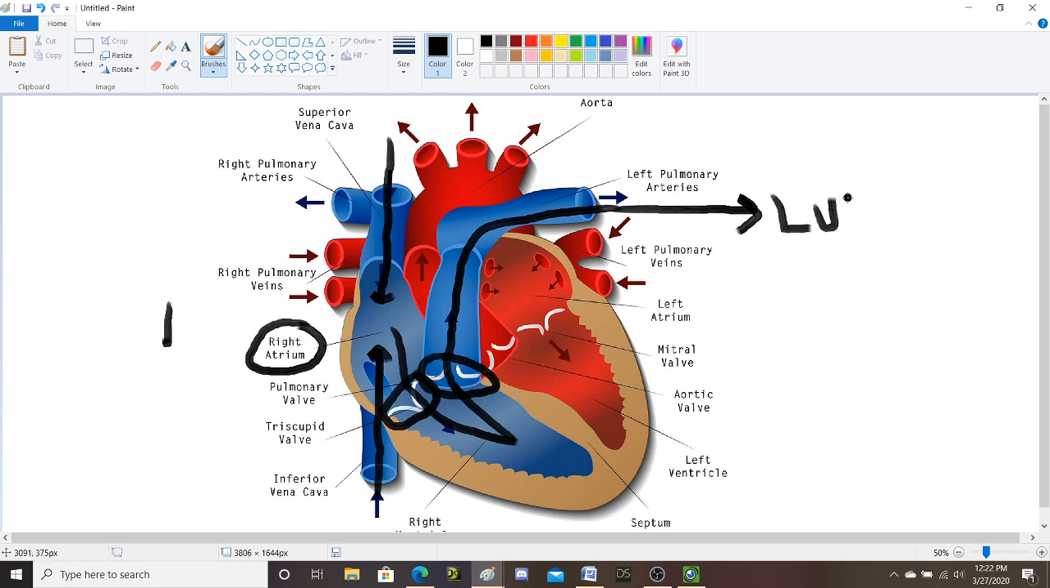Lungs. All right. Now the lungs are going to oxygenate the blood and send that blood back to the heart to the left atrium. The left atrium is going to then contract, pump blood through this valve here called the bicuspid